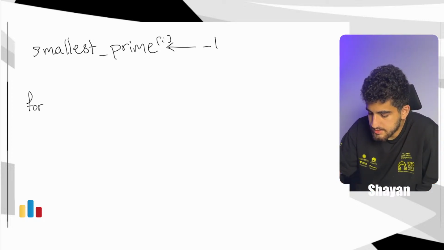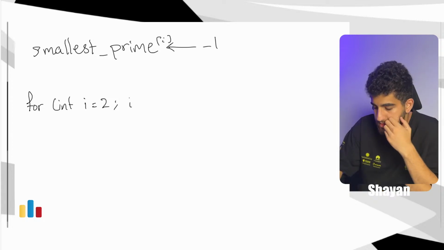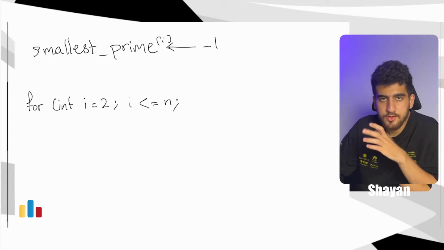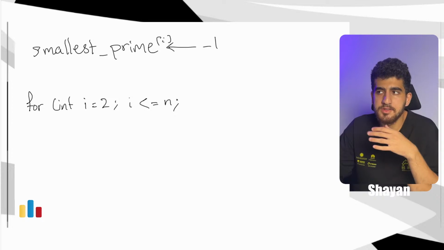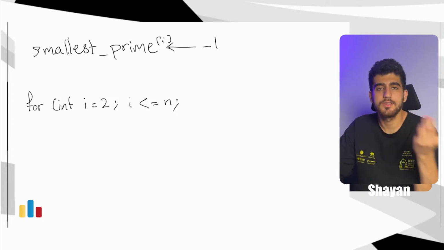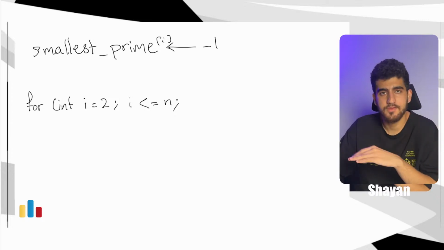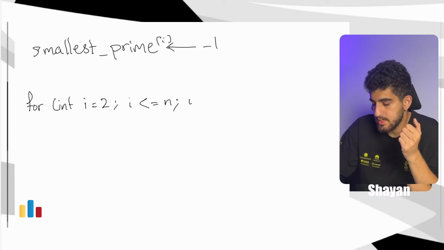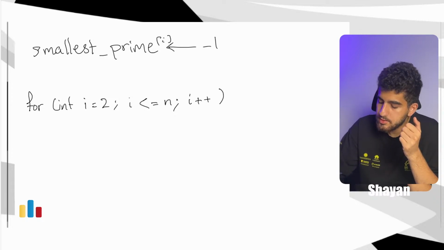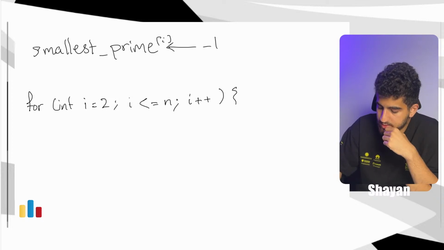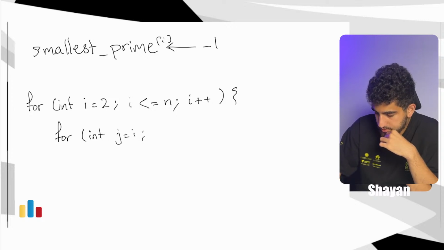Then you go like this. You have for int i equal to 2, because 1 is not a prime number, definitely. You always start from 2, because even if a number is a multiple of 1, it doesn't mean anything. All the numbers are multiples of 1. So you start from 2, go to n, and go over the multiples of them. You have another for int j. This time you start from i itself, j less than or equal to n, j plus equal to i.